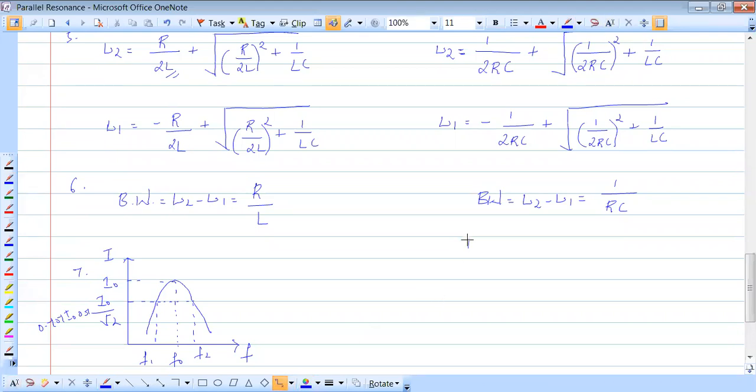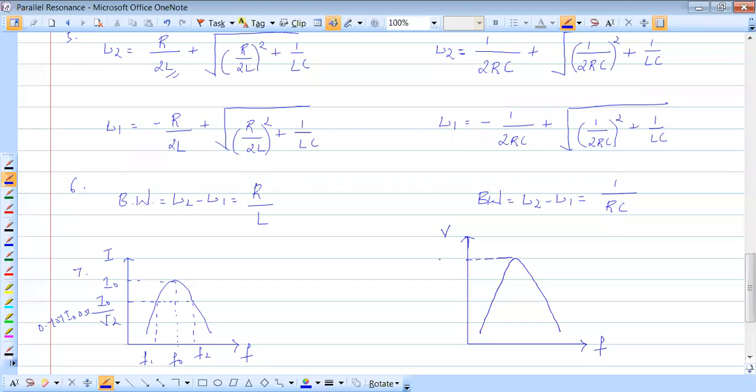So here, instead of plotting I, we would rather be plotting V. Everybody understand this? Okay, very important, since it is the dual of the series resonance circuit. We'll be looking at V as the function of F, and there is absolutely no difference in the type of response we get.